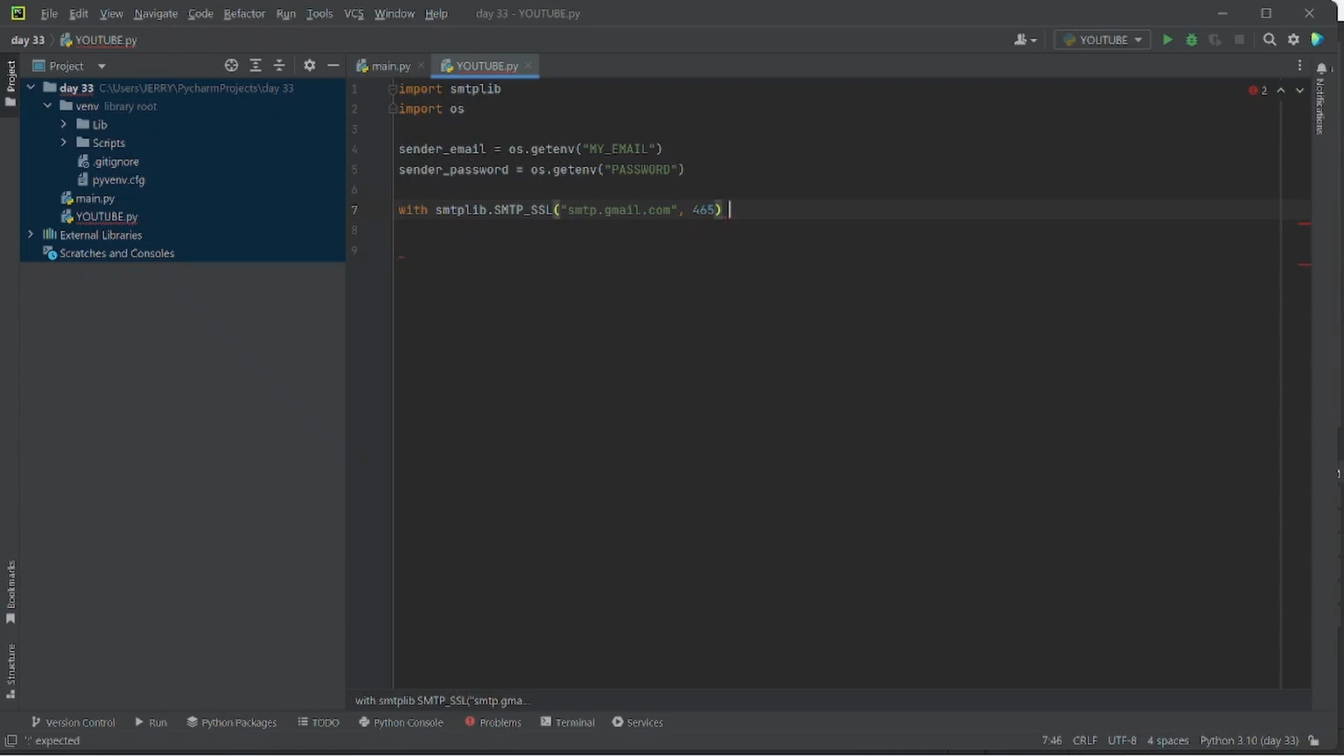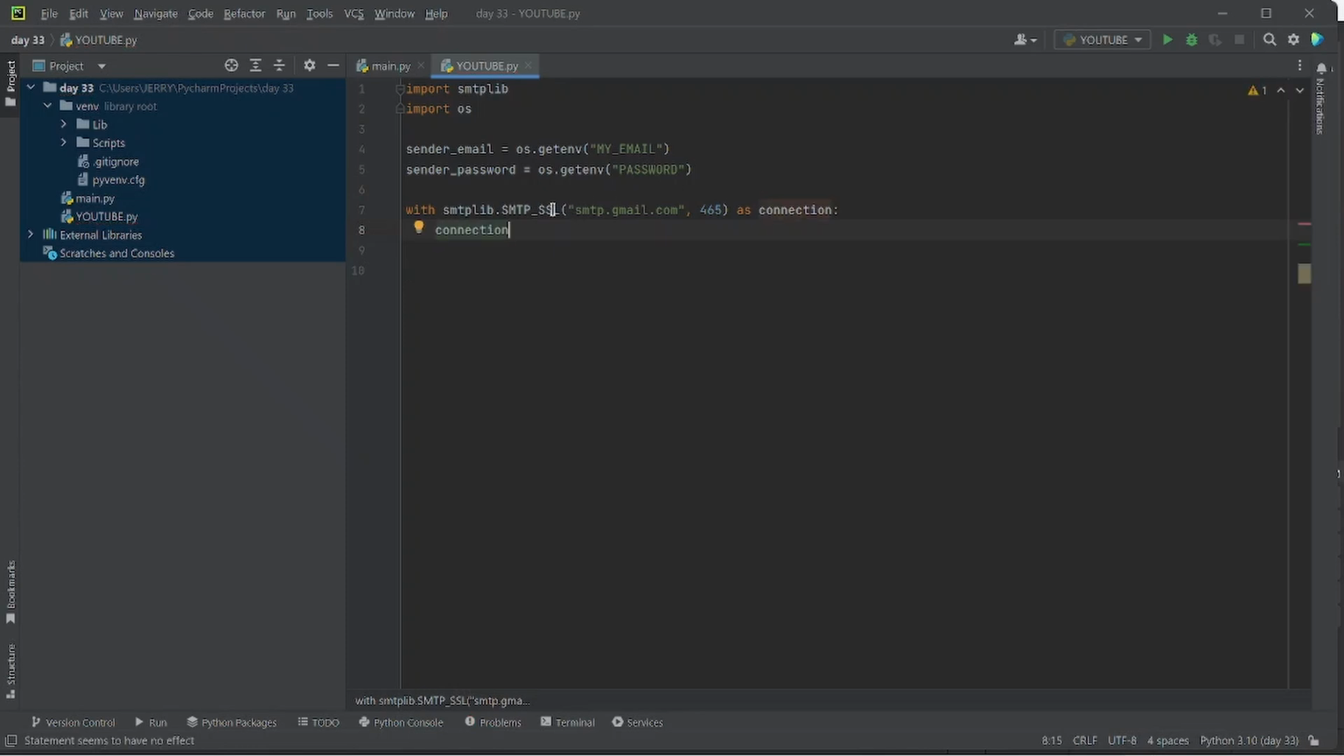So we are going to continue as connection. Remember, I said we are trying to establish a connection using the SMTP, using the SSL. So now after doing this, the next thing is to log into your Gmail. And how do you log into your Gmail? This connection, you established the connection using as connection, right? It's going to be